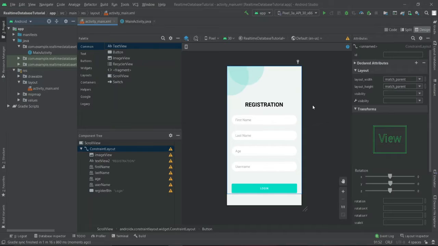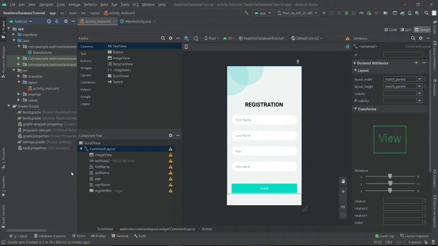So I have already designed the XML. There are 4 fields and a button. It is a simple XML. I've done this to save some time. If you want the exact design, I've already made a tutorial on that, how to design the login screen, right? I have told you each and everything to design a screen like this. You can check out that tutorial by clicking on this I button. And in case you already have these fields and you just want to store the data, so just go ahead